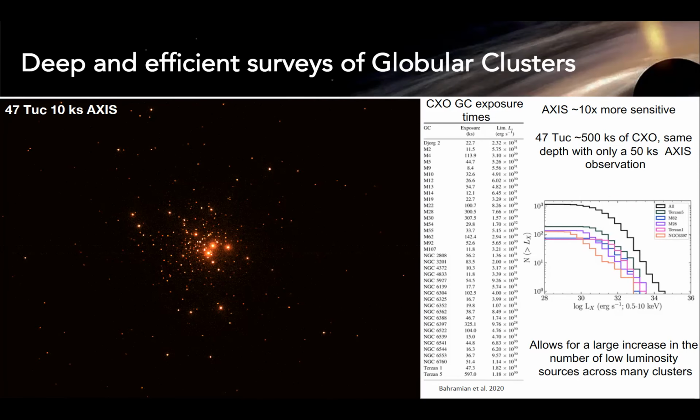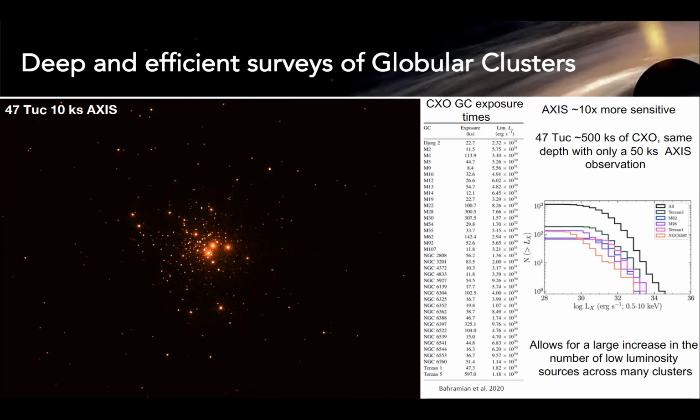With tenfold exposures, many more globular clusters will be mapped as deeply as those in 47 Tuc. Here is an example of an AXIS simulation of 47 Tuc with only 10 kiloseconds, where the sources are from Chandra observations as deep as 500 kiloseconds.